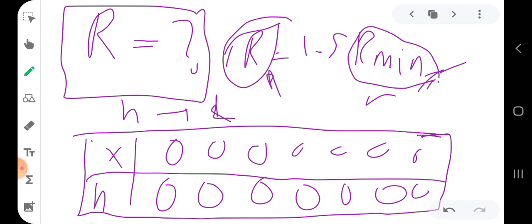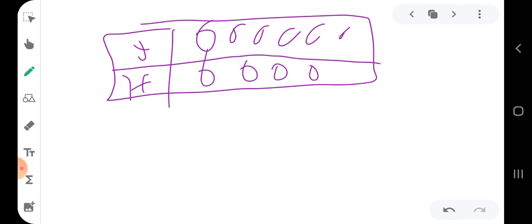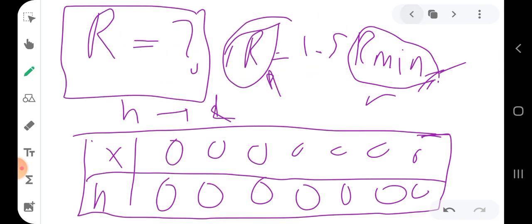And also we need to have data for the vapor phase along with its enthalpy, and we are going to call it capital H. So when we say capital H, this means the enthalpy of the vapor phase. So we will have some data and corresponding enthalpy values for vapor. And these two tables are usually determined experimentally. So this is the first step. We need to have this data, and then the second step is to draw